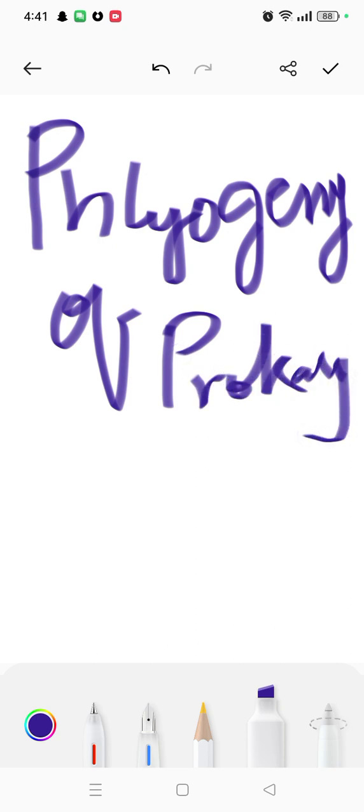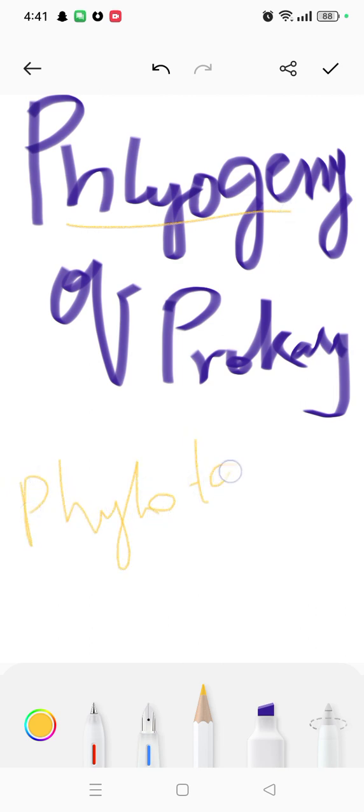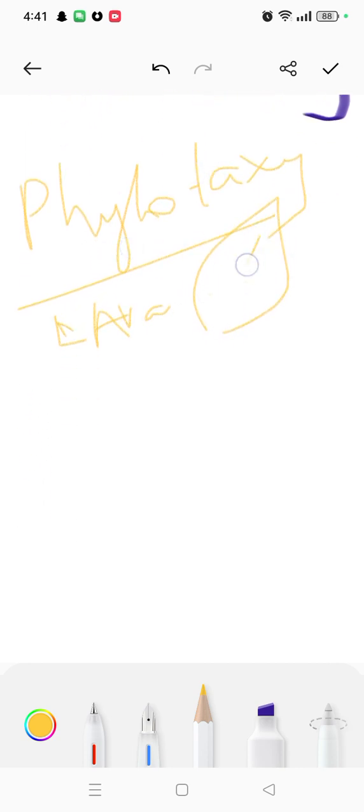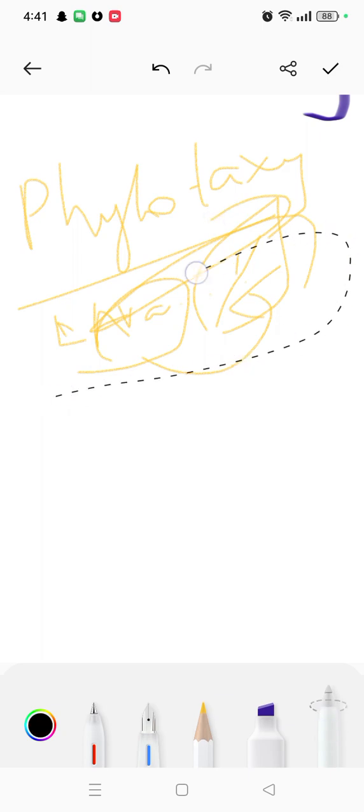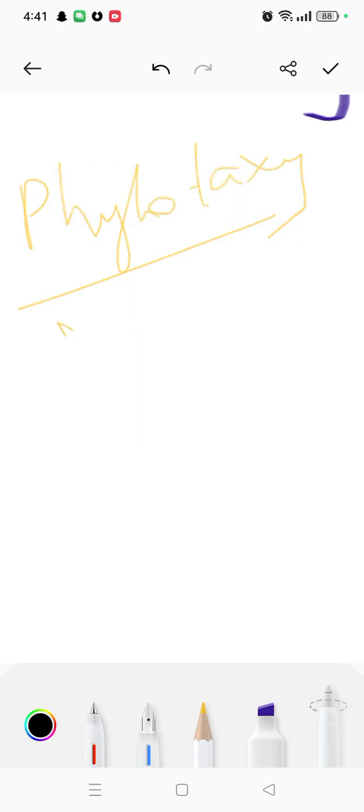Okay, before I start, in bioenergetics you will study one term. Here it's phylogeny, but there it was phyllotaxy. So do not confuse yourself. Phyllotaxy is the arrangement of leaves on the main axis. If this is the main axis, the arrangement of the leaves on the main axis is called phyllotaxy. Right now that's not a topic, and here we are studying phylogeny. I'm sure it will be clear.